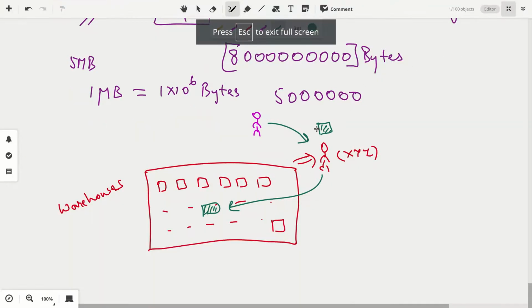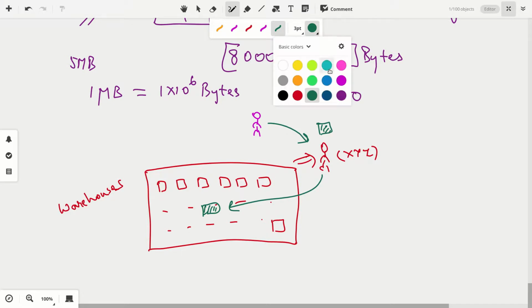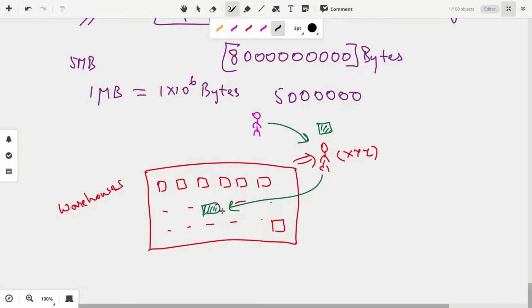So this was the case. Now, had this person been intelligent, what this person could have done rather, the person could have simply gone there and, after keeping it in the first place, marked it with any label. Let's say he or she could have taken a marker and marked it with any label or a name on the top of the box.